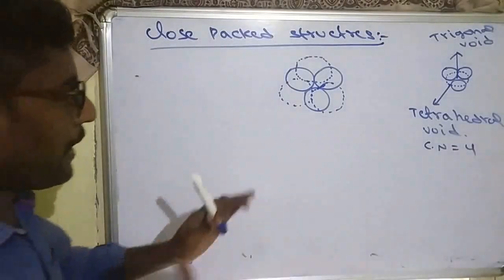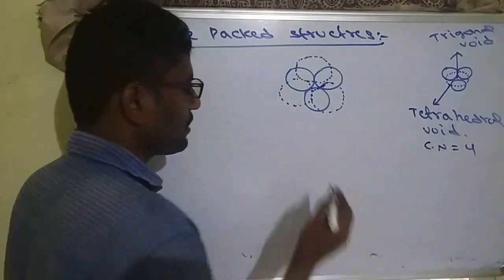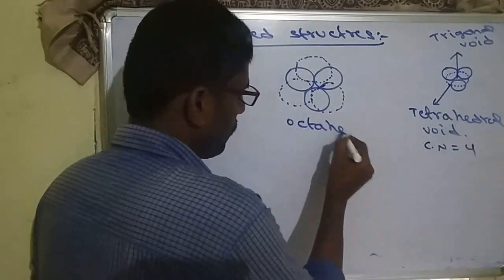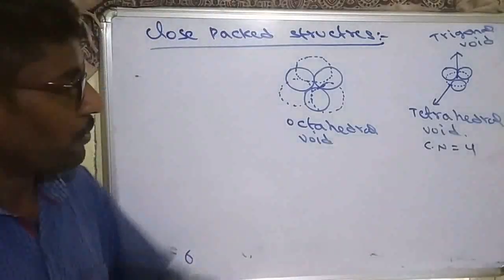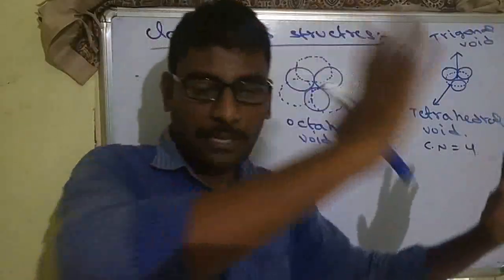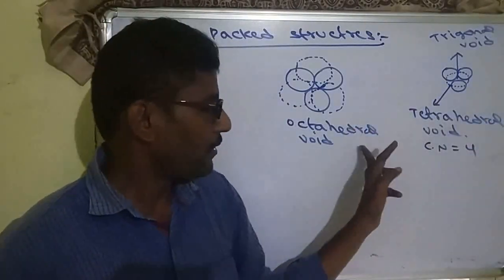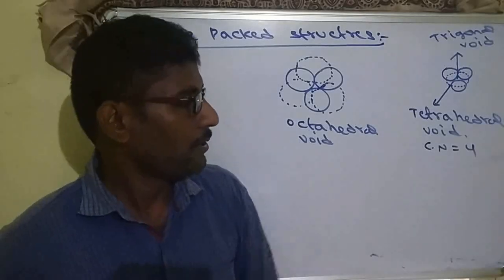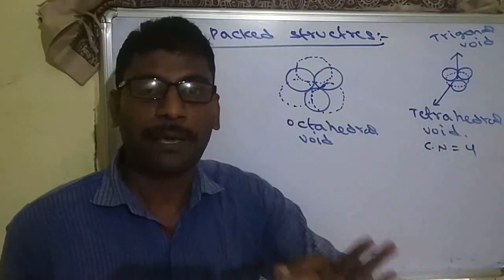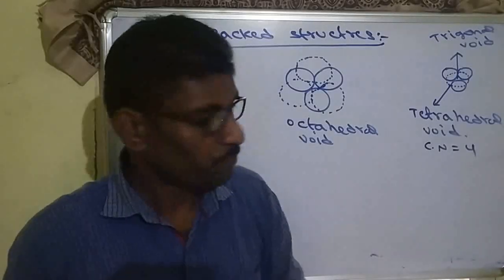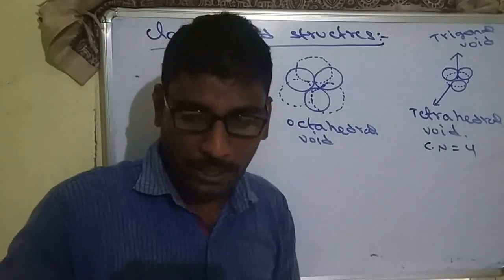So the next layer particles also are not covering that space. And such type of space is called octahedral void. So for trigonal voids, when we are attaching the next layer, there is a possibility of two types of voids. One is the tetrahedral, another one is the octahedral void. Tetrahedral voids are those where the trigonal void space is covered by the next layer, which forms a tetrahedral void. If it is not covered, then it will form an octahedral void.